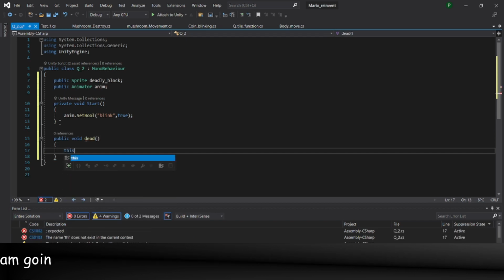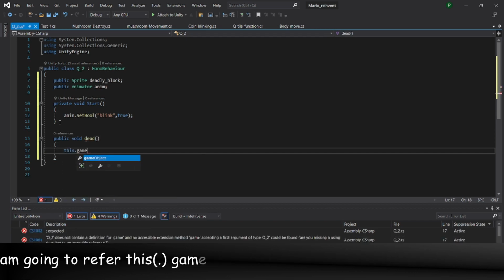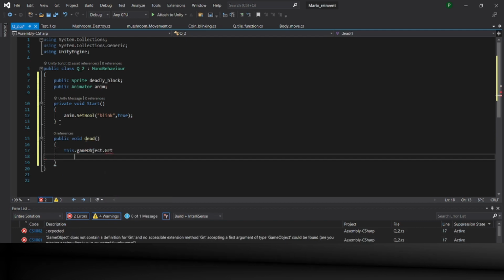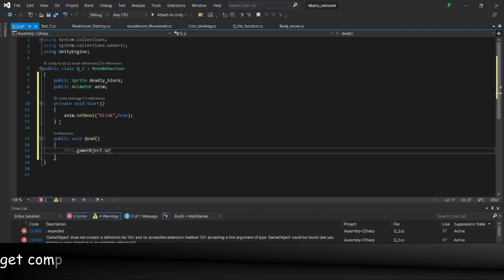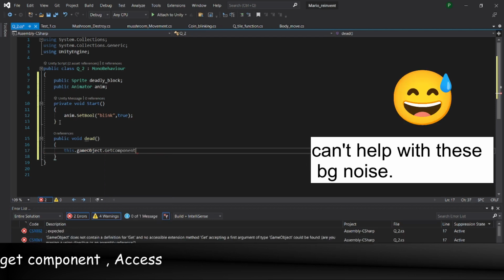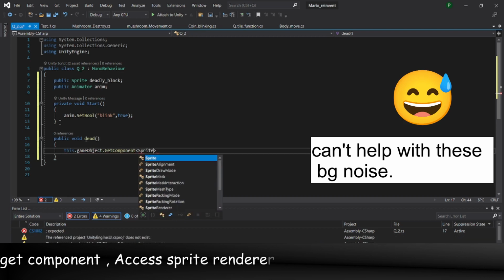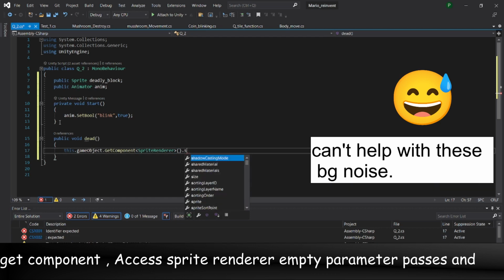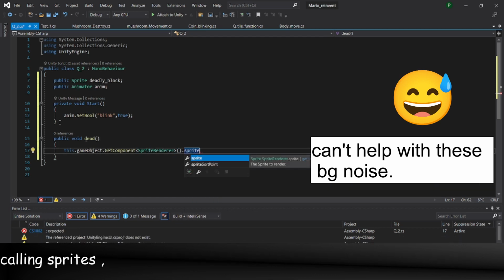So I'm going to refer to this using this.gameObject. I'm going to access this component, GetComponent, and access SpriteRenderer, with empty parameter passing, and call sprite.